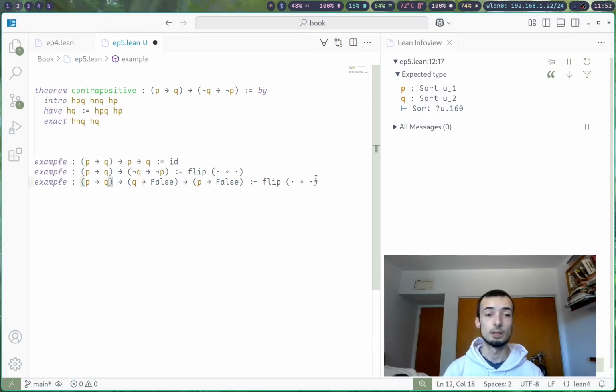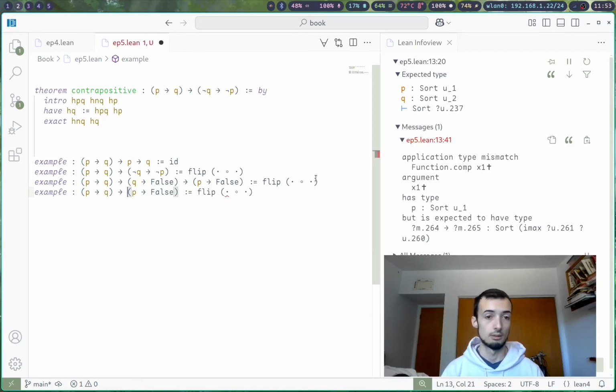But now this should immediately be clear. We are proving that from P implies Q and a function Q implies false, that we can skip the Q and show false directly from P. And that's function composition, right? And if we wanted to, we could just change the order of the arguments because it doesn't change the